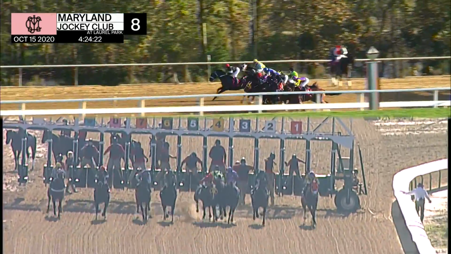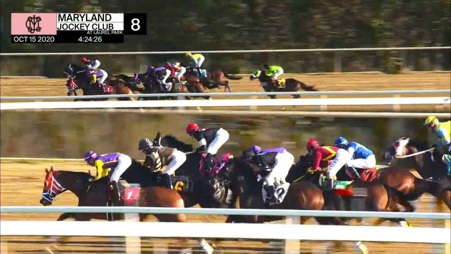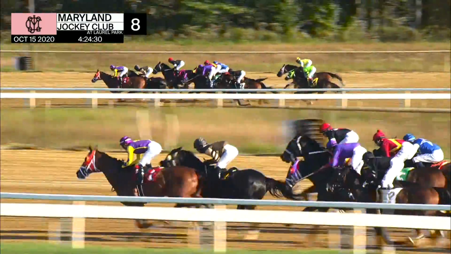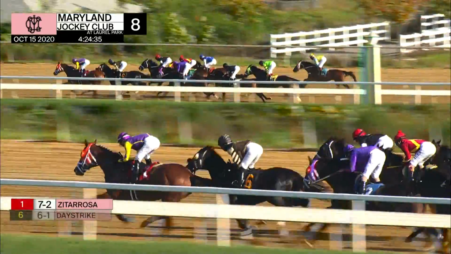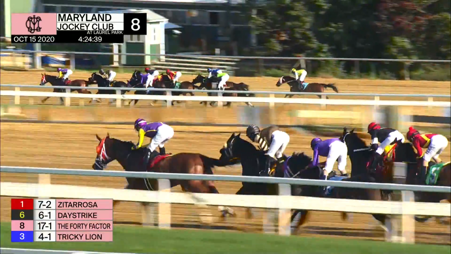They're off. The 40 Factor flying out first. Zitorosa zipping up with early speed, and Day Strike is there in between horses. Tricky Lion is in fourth. Then it's Greek God in fifth, and Bolita Boys racing sixth on the far outside. Sidewalk Prophet is next, and Corrajon to the back of the pack with Time Flies By, who is last